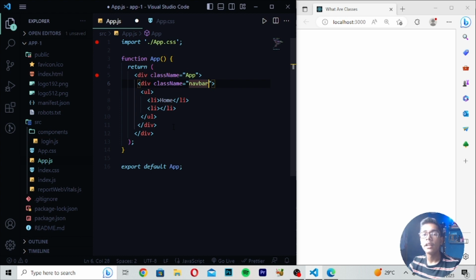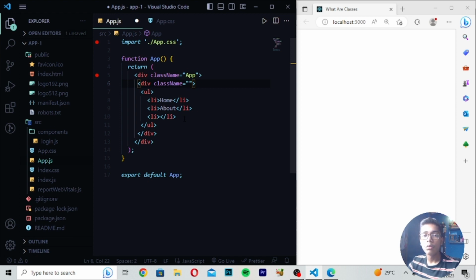So it is a really aligned method which you can use, classes. Classes are really helpful when you are working with all these projects, when you are building websites and portfolios. Like if I write here home, it means I'm building a navbar, so the user thinks that you are building a navbar, because I've written the class name of navbar. If I erase this, I can understand that I am building a navbar, but anybody else who sees that will not understand that you are building a navbar or any other thing.